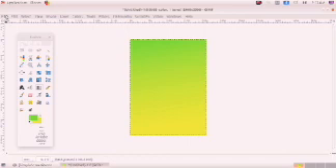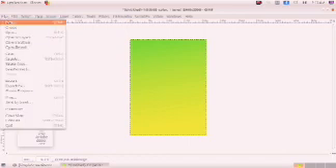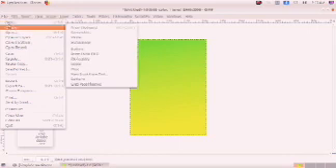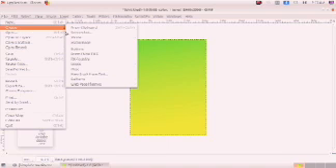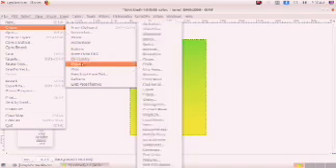All the settings are available here. For that, file, create logos, then select one type, comic book or cool metal, anyone you can select. Here I am selecting cool metal.